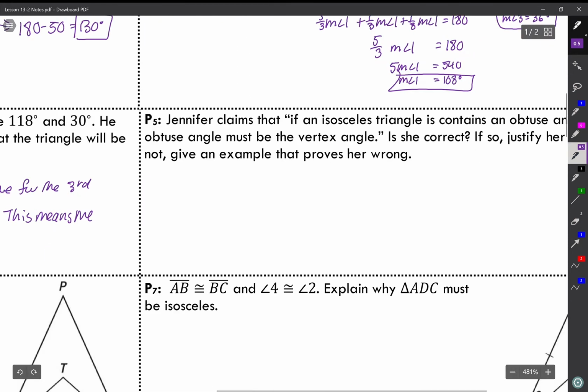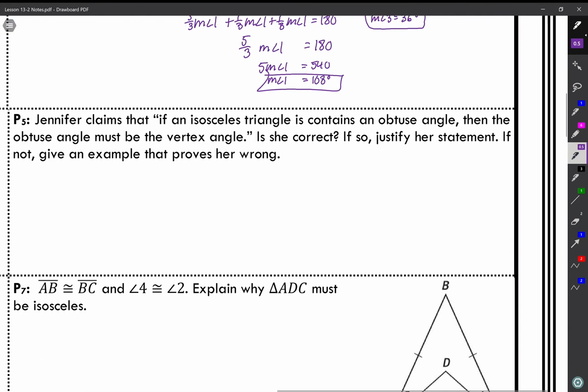Number 5. Jennifer claims that if an isosceles triangle contains an obtuse angle, then the obtuse angle must be the vertex angle. Is she correct? If so, justify your statement. If not, give an example. So let's assume that she wouldn't be correct, like that she's incorrect. That would mean that